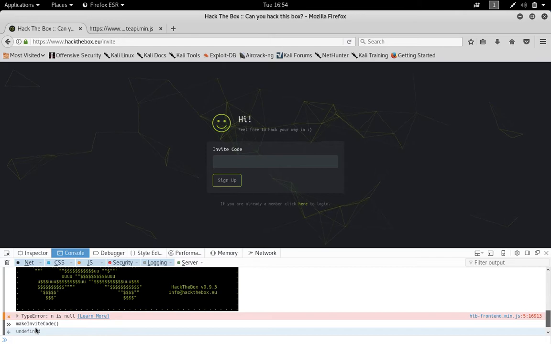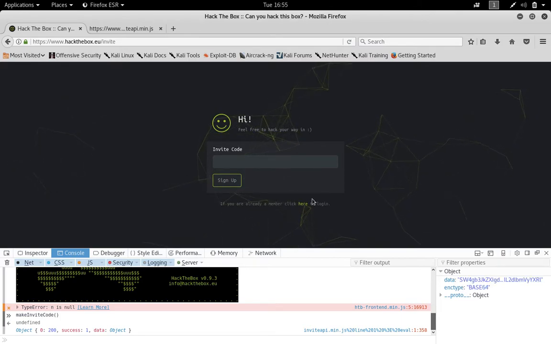As soon as you put this, it accepts. Just click on undefined, scroll a little bit down, and click on object. There we go. We have got the data which is encoded with the base64 encoding method.